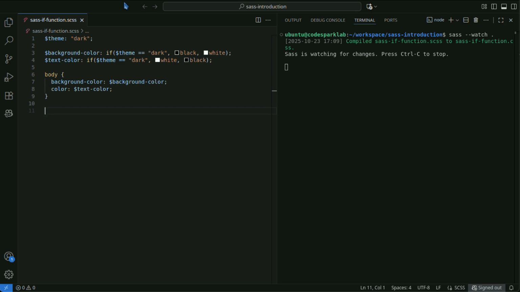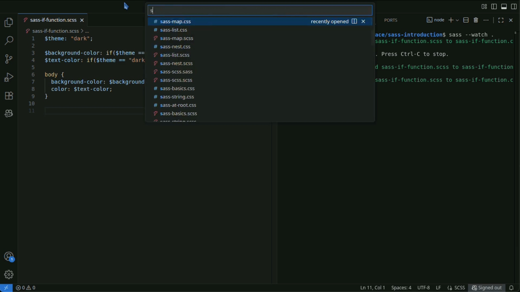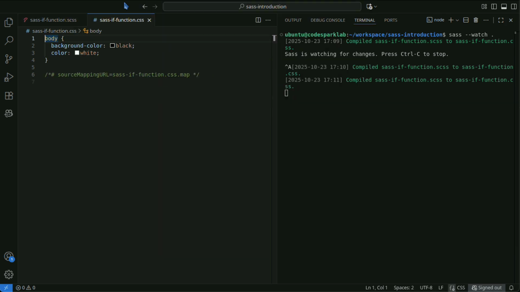If it is light, the background becomes white with black text. When the Sass file is compiled to CSS, it looks like this. Since the $theme variable is dark, the background is black with white text.